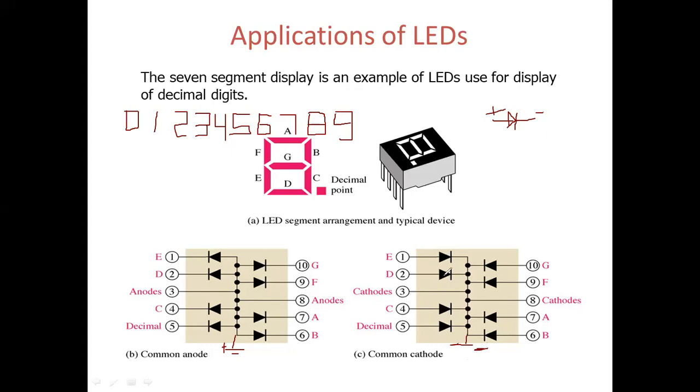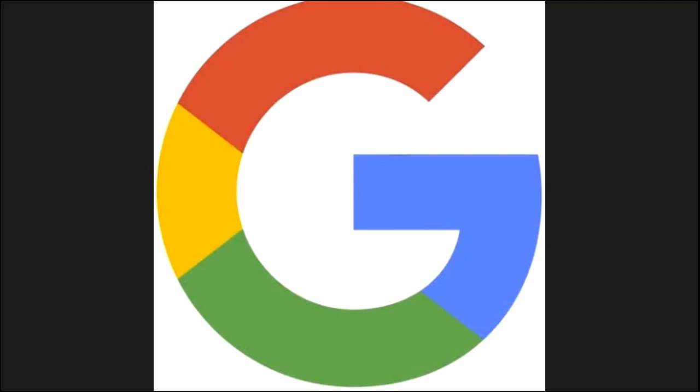But for whichever diode we want on, for that particular diode we have to provide the supply. All cathodes are connected to negative at a common point. Which diodes do we need on? If we need A, B, C, D, E, F on, give them the positive supply, then all will glow, because the negative supply is common: the cathode is common, and the anode we have used separately. You will not understand this one, so I will show another PPT, just a minute.